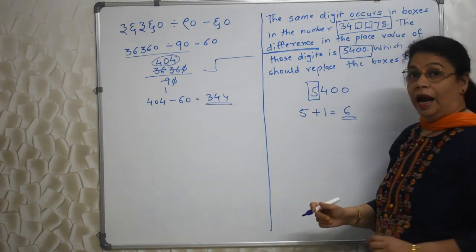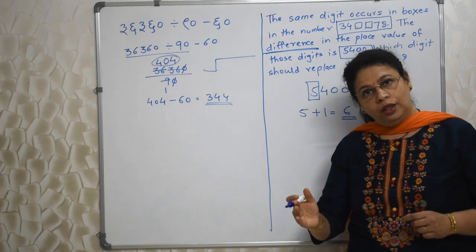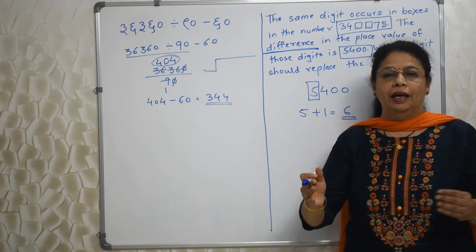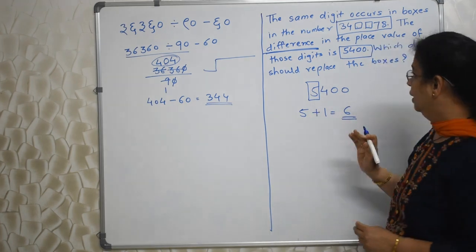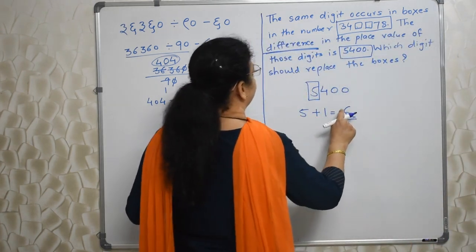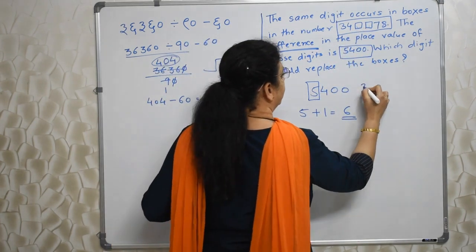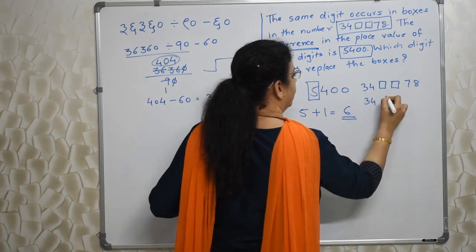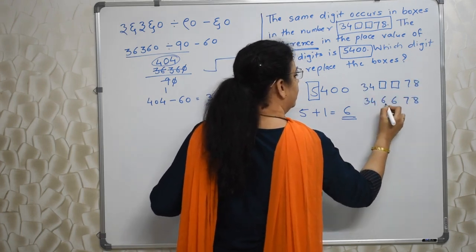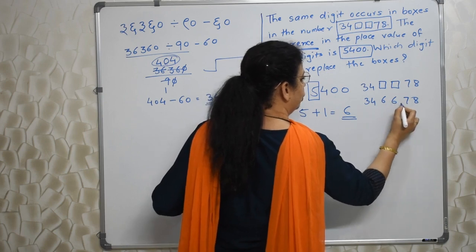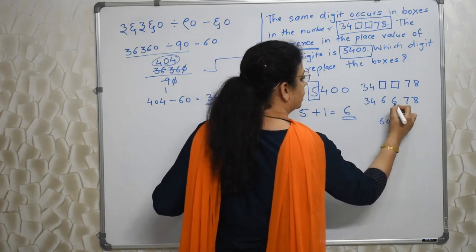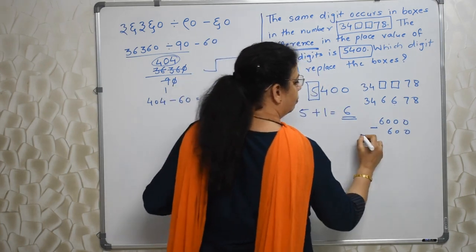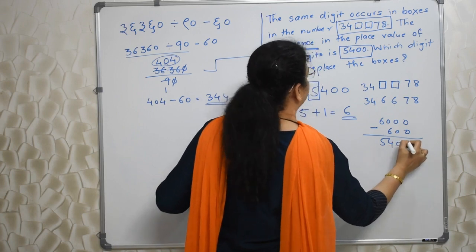You can do it. I have seen students trying all the options given. They will get the answer, but time consumption will be 10 times than this, which we cannot afford, right? See, you try this. अगर इधर 6 डालोगे, see 34 box 78 दिया है, right? अभी हम लोगों ने फाइंड आउट किया कि इधर 6 आएगा, 6 आएगा. इसका प्लेस वैल्यू कितना है? 6000, so 6000. इसका कितना है? 600. इसका डिफरेंस minus 5400, which is given.